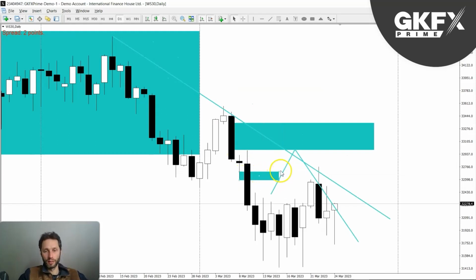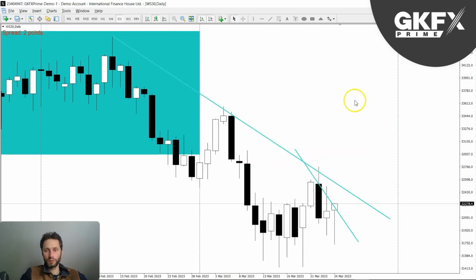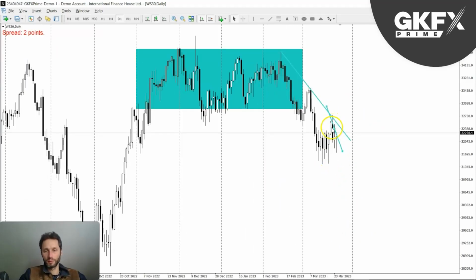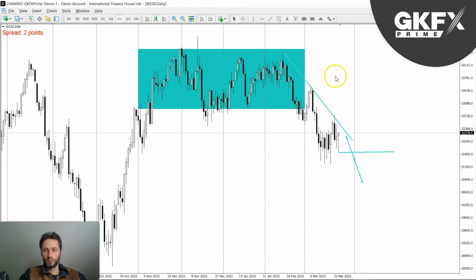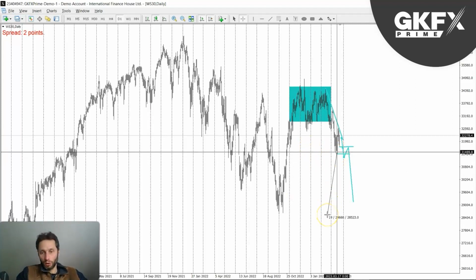So here was that initial area that I was looking at as a reversal, and we did indeed have that. So from now on, what I'll be looking for is further price action to the downside. Now, what would that look like? Well, that would look like a break of the low, and certainly a break of the next low. So any break, then a pullback to a better price, creating a new swing, and moving to the downside would be very nice indeed. And we've got quite a lot of points here.